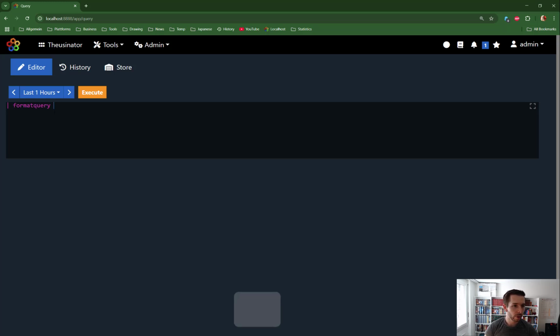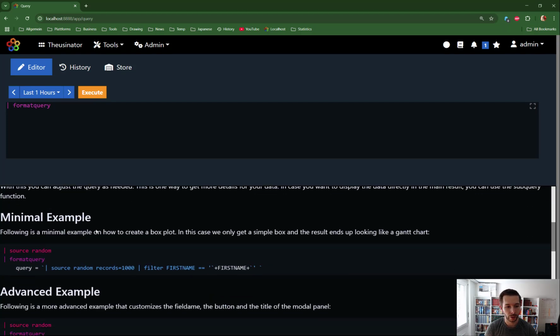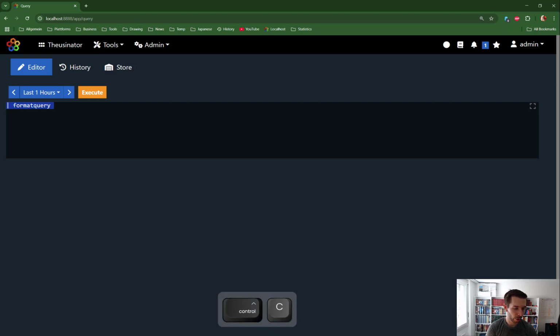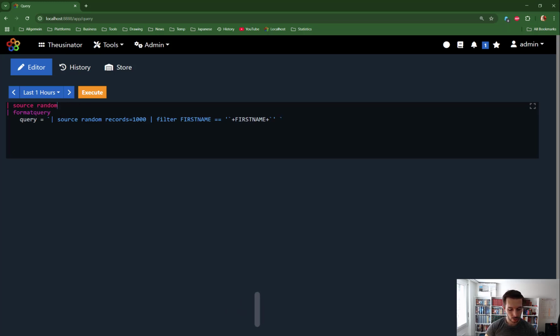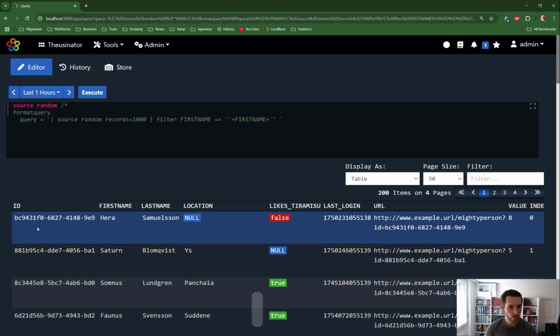I will use here the autocomplete and open the manual to copy one of the examples. So we have here a minimal example of this format query command. So I'll create some random records here. Let's see how this looks. So I just get some random records, and based on that one, I'll create a query that filters by the first name column. So if I execute this,